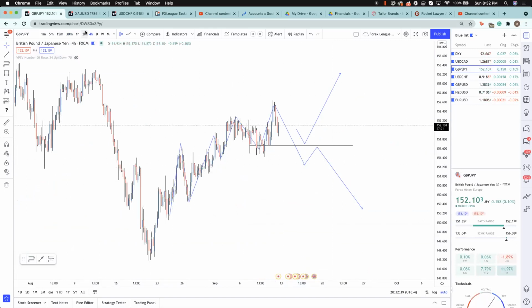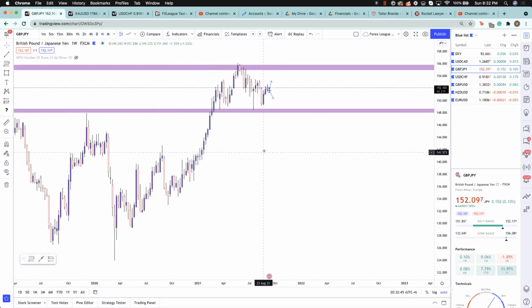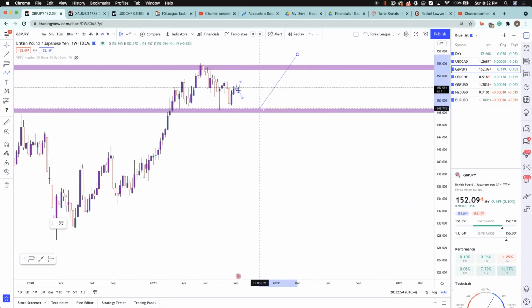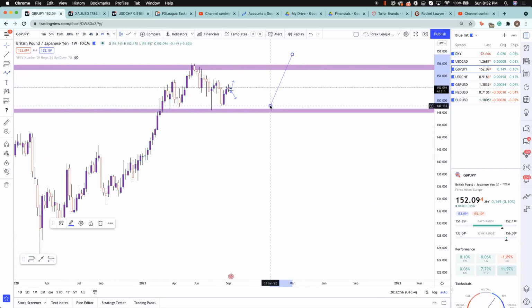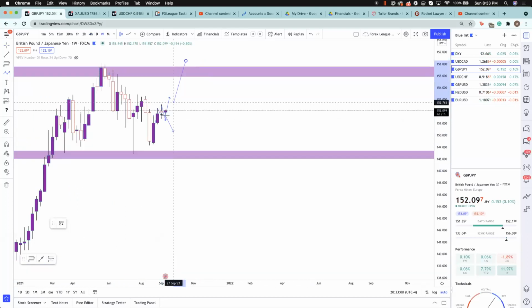Let's go next to GJ. Let's start up on the weekly time frame. So GJ on the weekly time frame, we're in between these 2 levels right now. We have resistance up here, we have support down here. But just look at this a little bit more closely over the last couple of weeks, guys. We've been in this kind of downtrend, moving to the downside. So breaking support, retesting it, breaking support, retesting it. And then last week, we actually formed this doji candle right here. So we're opening up after forming this doji. So this is really shaping up to be a nice reversal, push to the downside right now.